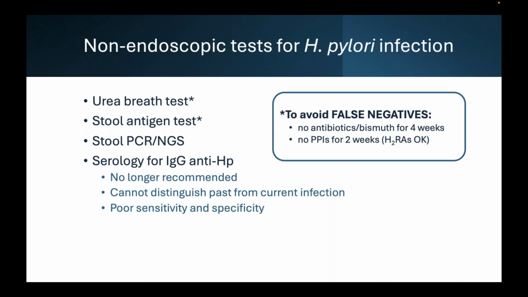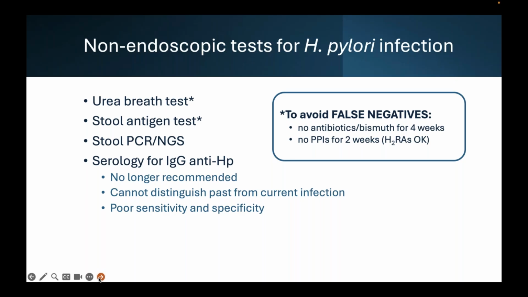So those are the tests that could be done at the time of endoscopy to diagnose H. pylori, but it's certainly not necessary to do an endoscopy just to diagnose H. pylori, because there are these two excellent tests, the urea breath test and the stool antigen test, which are excellent non-invasive ways to test for H. pylori infection. So the stool antigen test uses a monoclonal antibody on a stool sample. The breath test measures the urease activity in the stomach, which is a surrogate of H. pylori bacterial infection. And we'll look in a moment at the details of the urea breath test.